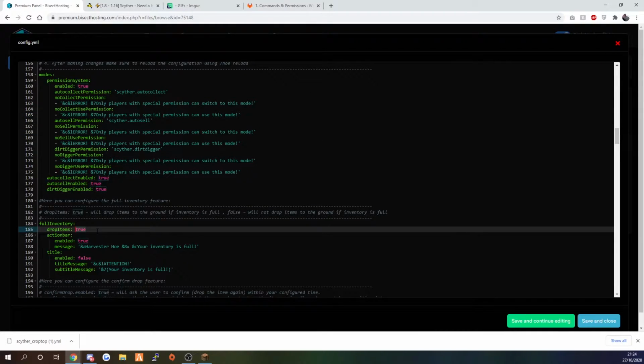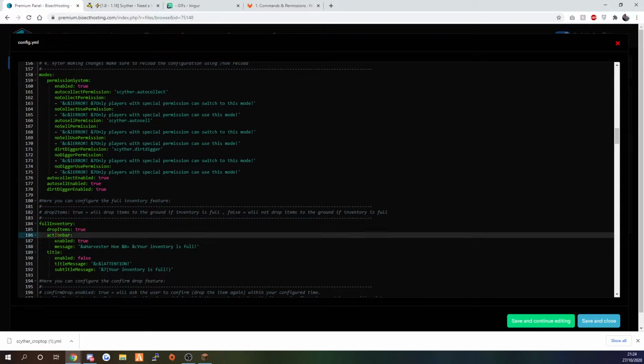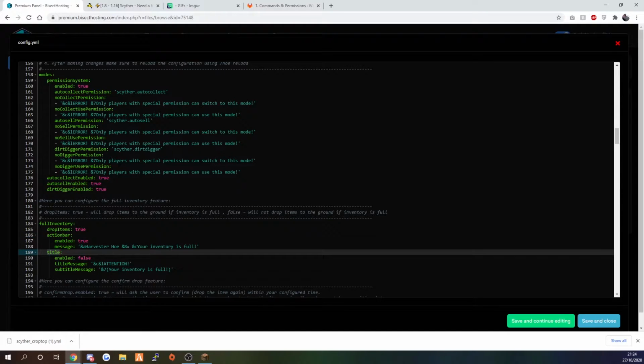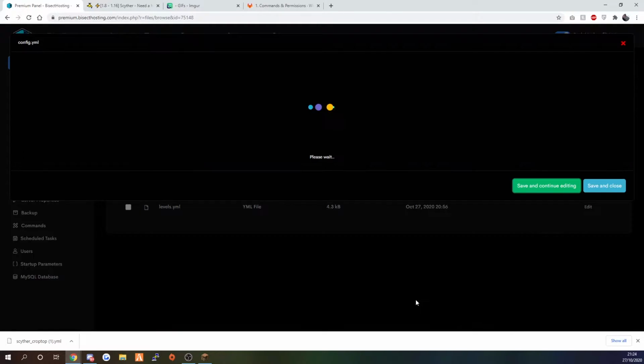So if you don't want people to drop, say if you're harvesting stuff and people have a full inventory, it will auto drop. So if you don't want people to do that, just change that to false, and it will say your inventory is full. That will show you in the action bar, which is above your hotbar. And then with your title, you'll have that in the bigger screen. So if we change that to true and save that,